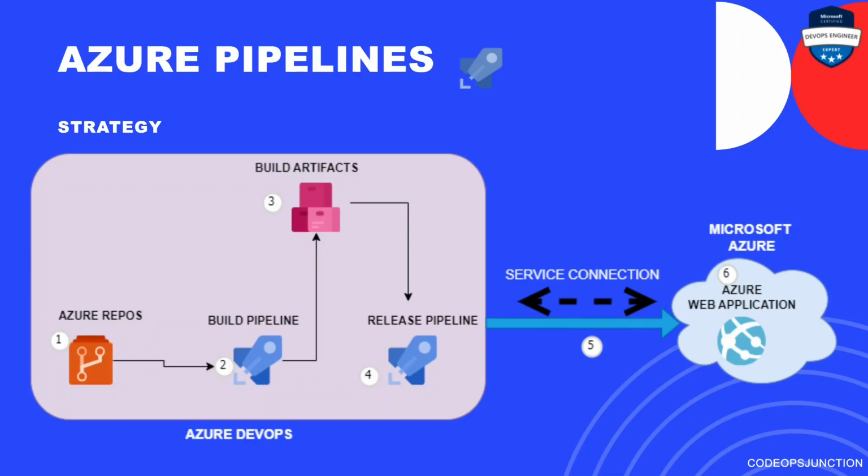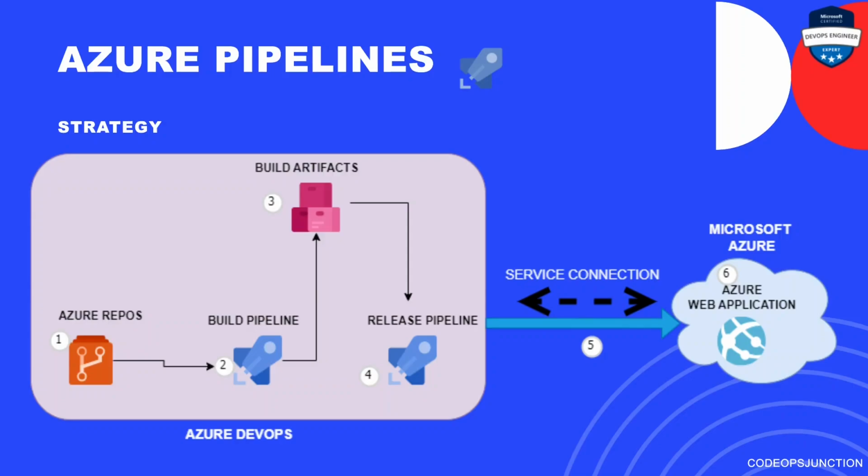So we need some sort of service connection to deploy, or a communication between our Azure DevOps and the third-party server or application, so that we can push our artifacts from DevOps to another service or third-party provider. So we need a service connection. We will see service connection later, but as of now just think of it as a type of communication